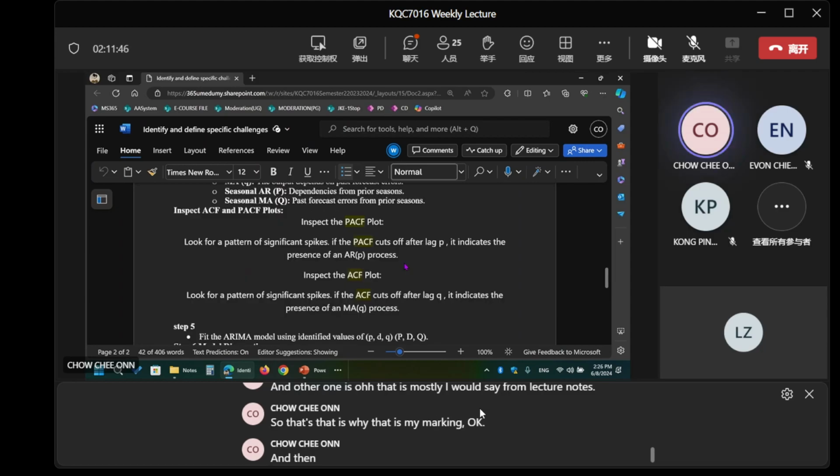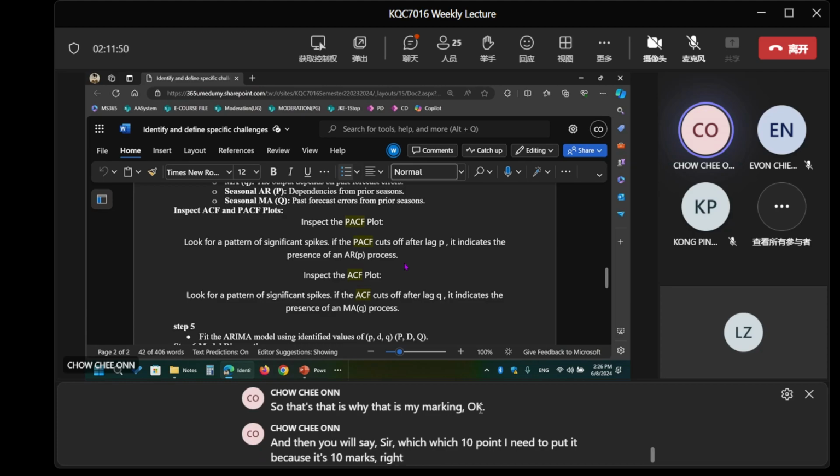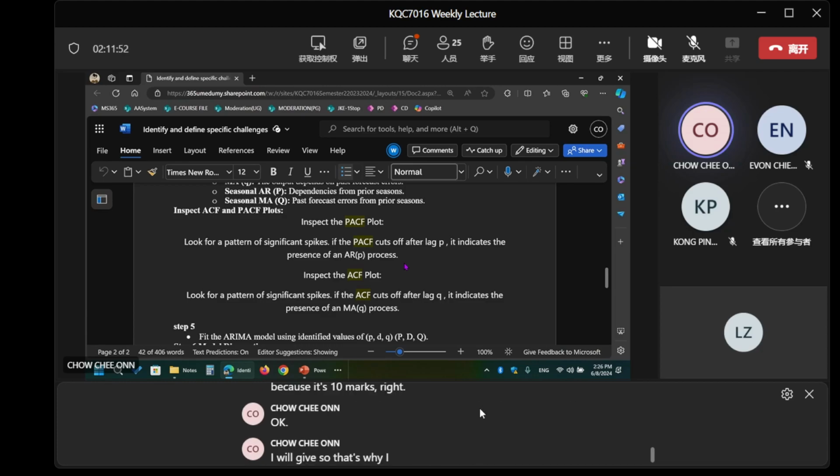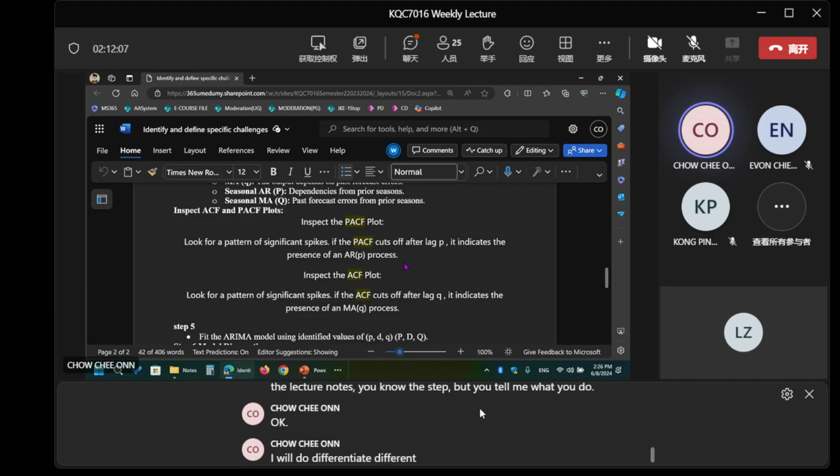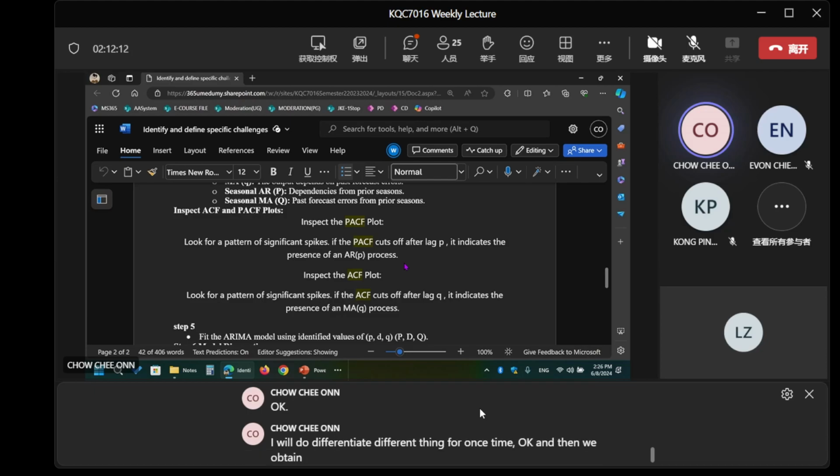And then you will say, sir, which 10 points do I need to put in, because it's 10 marks, right? So for these questions, I will mark in such a way that if you follow the whole process in the lecture notes, the steps, and you tell me what you do: I will do differencing one time, and then we are supposed to obtain stationary traffic.